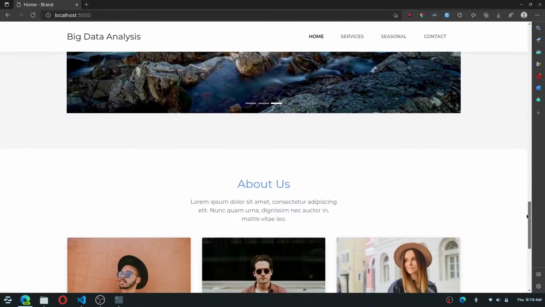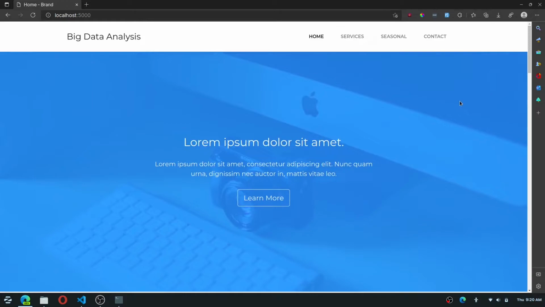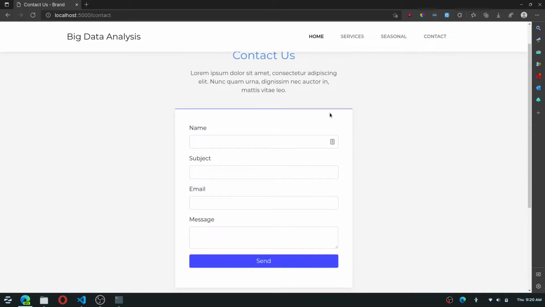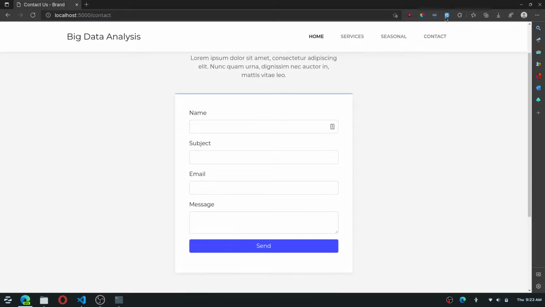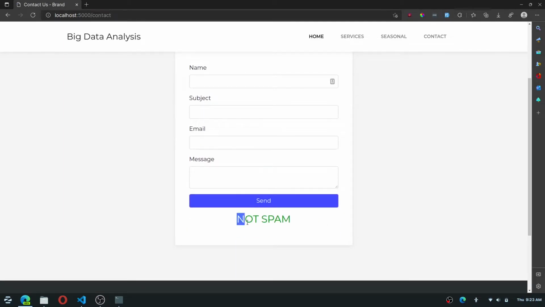Mind you, these are all dummy data, but I've implemented several MapReduce features, which I'll show you in a second. Let's go to the contact page first. Over here, one of the MapReduce functionalities that I've implemented is the spam detection feature. Let me fill these fields with dummy content. If I hit send, it generates an alert that says